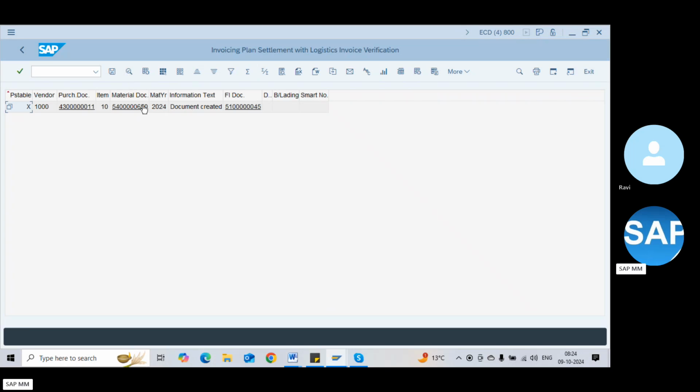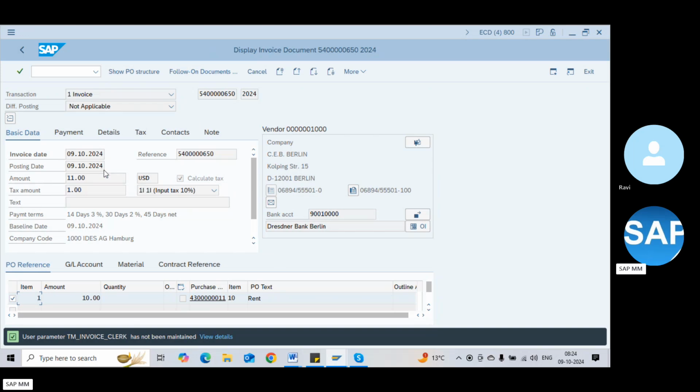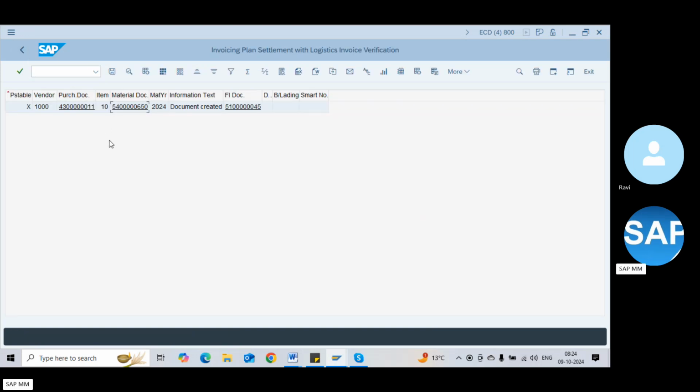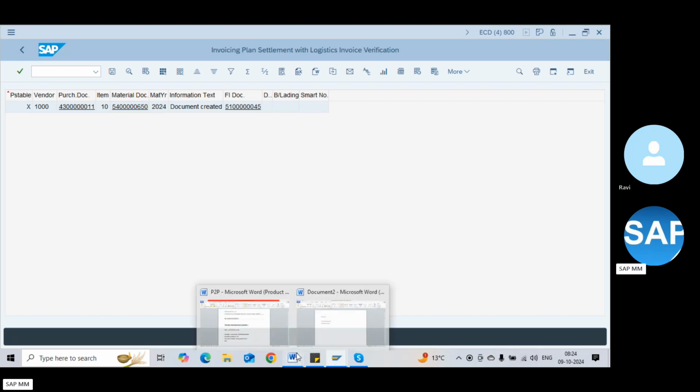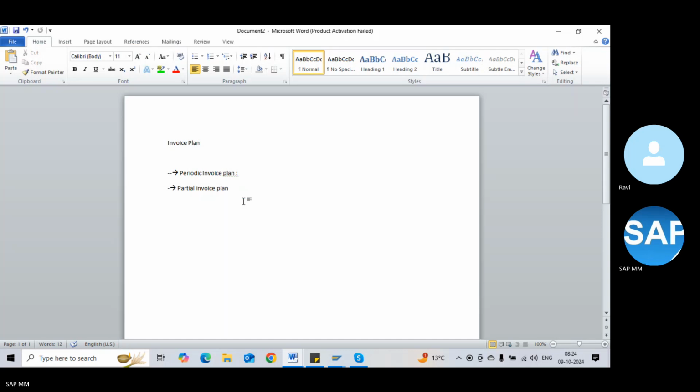So the invoice document was posted right here. Material document, invoice document, everything is posted. So in this case, you can see that the invoice was generated, and all the tax calculations, everything was posted. So MRKO, MRIS, MRRL. Okay, so there is a little bit of difference out there. MRKO is also automatic settlement, and MRIS is also automatic settlement. MRRL also it's a